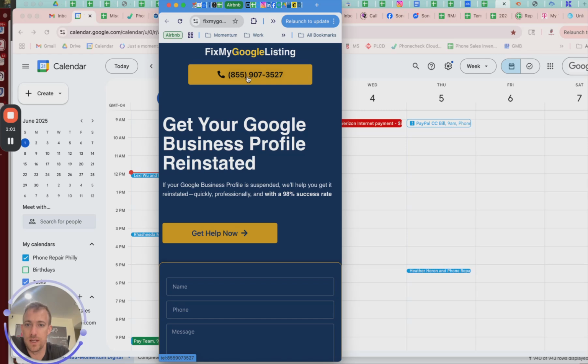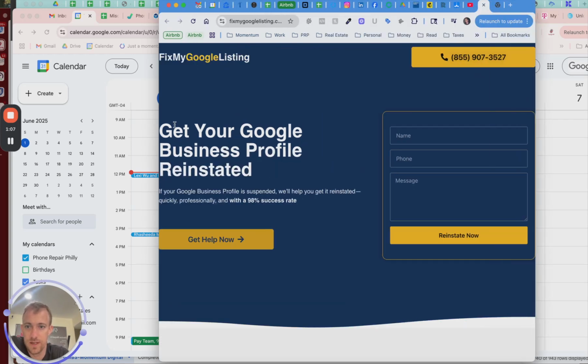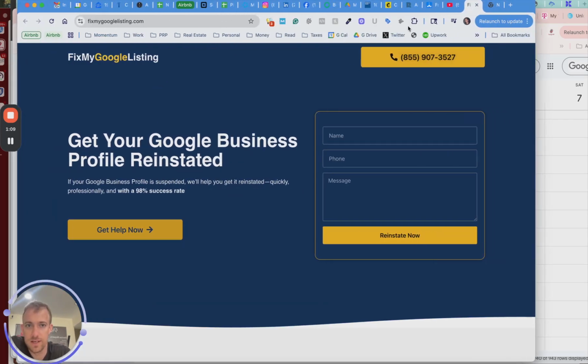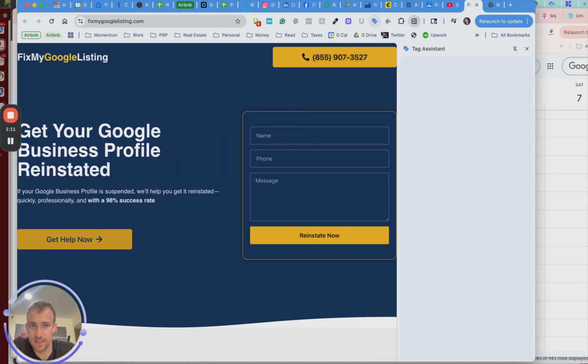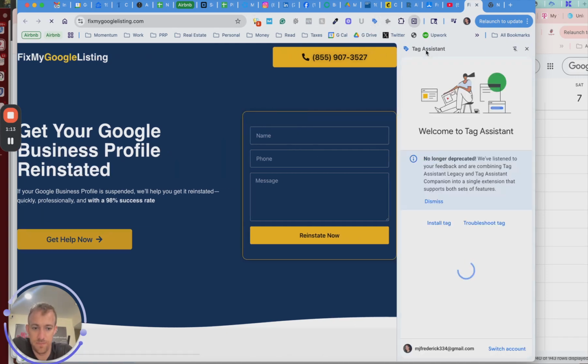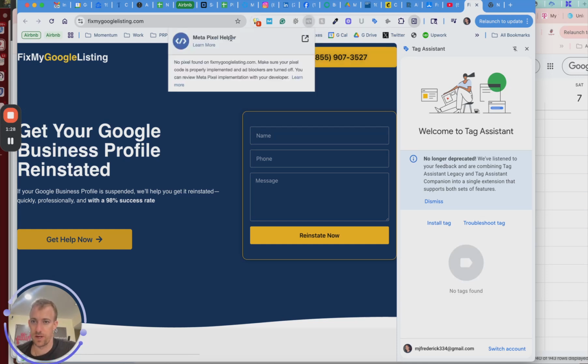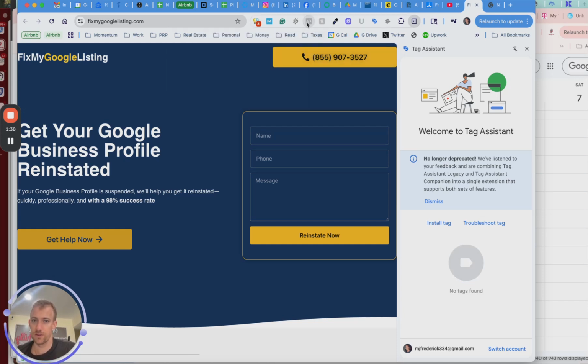If the goal is a call to action for a phone call and you want phone call conversions, make sure you have Google Tag Manager set up for conversion tracking. And you can check that to make sure you have the Google Tag Assistant Chrome extension plugin here to see if you have Google Analytics, Google Tag Manager, and more, like a Facebook Pixel, etc. So use the Tag Assistant, and you can see there's no tags here. You can also use the Facebook Meta Pixel Helper to see right here if you have the pixel set up correctly as